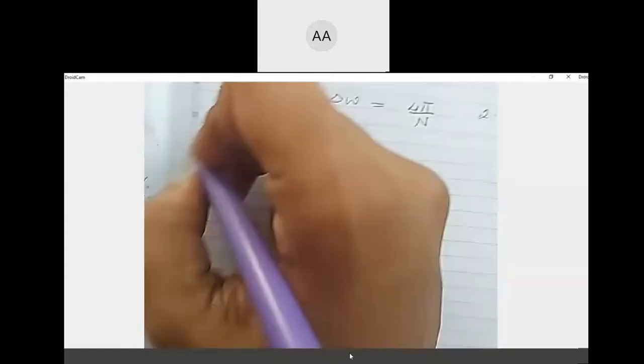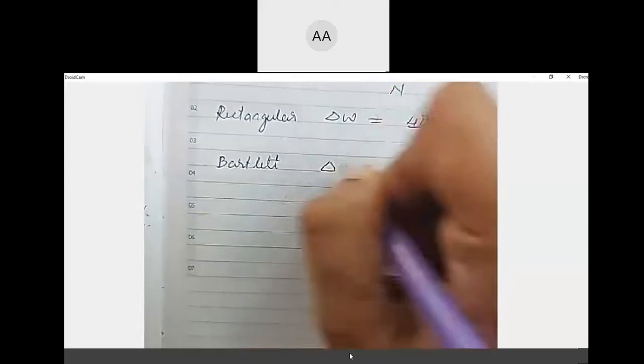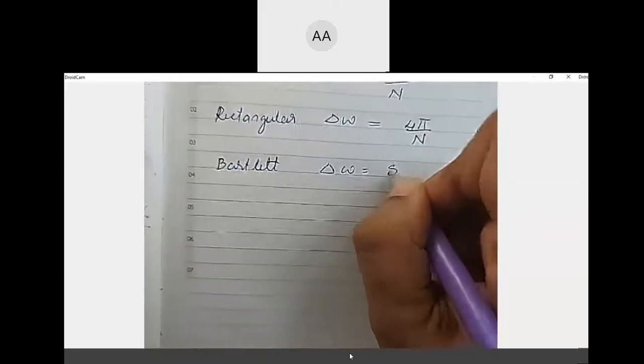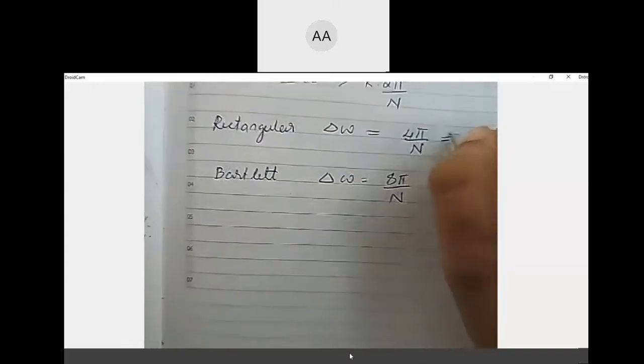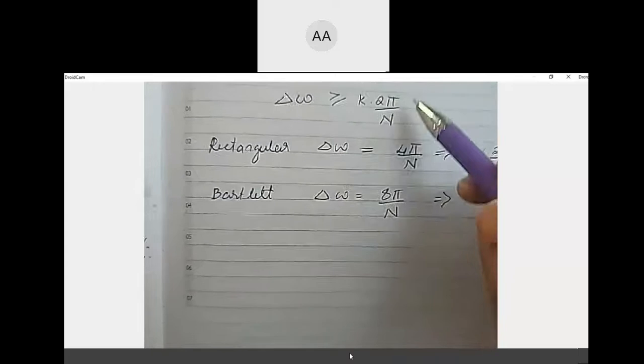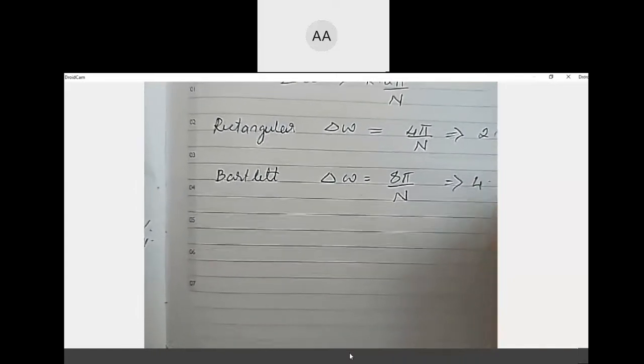For your Bartlett window, what is the value given? Delta of omega is given as 8 pi by N. So in terms of k into 2 pi by N, how can you write it? 4 into 2 pi by N.